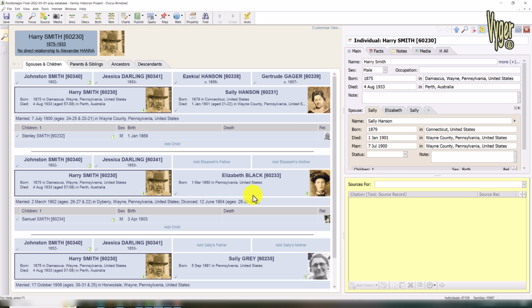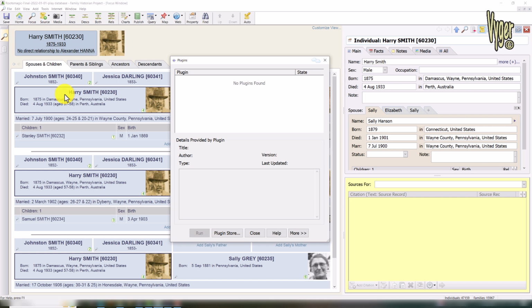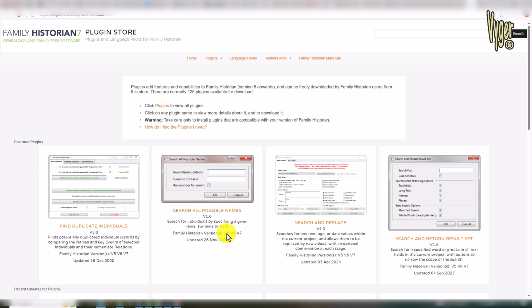So what about these plugins? Go to Tools. Down the bottom here you have Plugins. That will open up this dialog. At the moment you're a new user, you're not familiar with plugins, and you don't have any plugins. So what do you do? You go to the plugin store. And here we are in the plugin store. So here you've got various choices. You'll see a list of plugins,